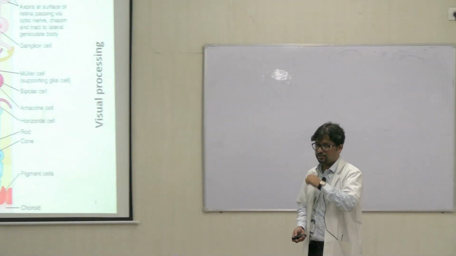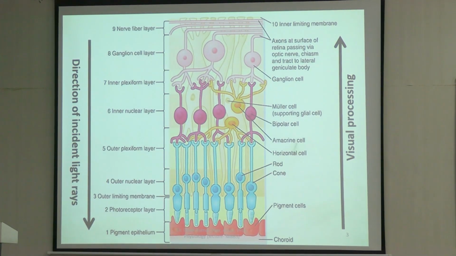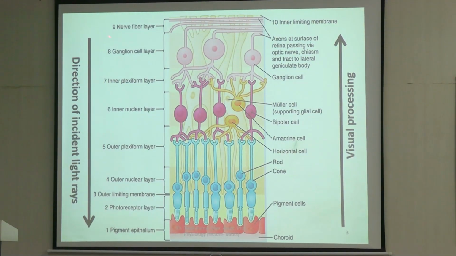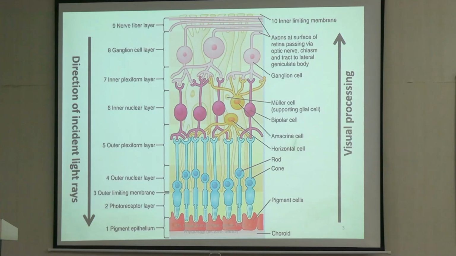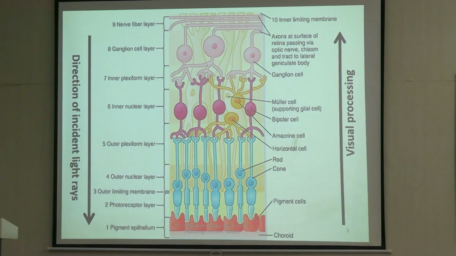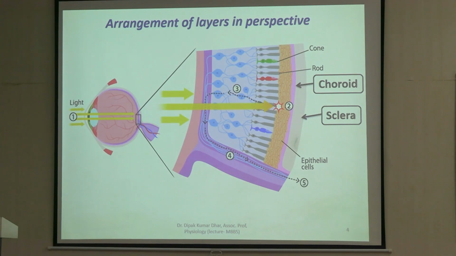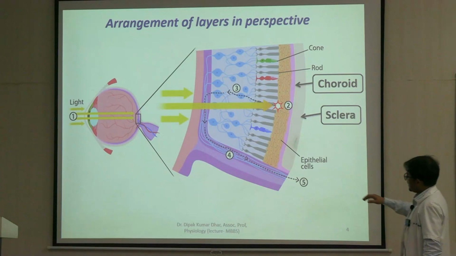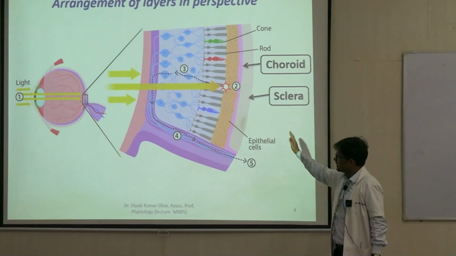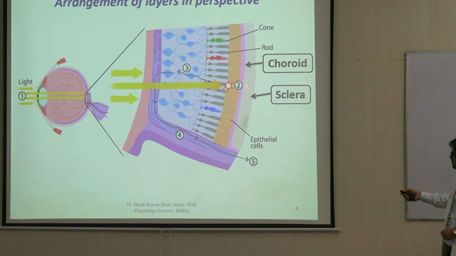Now this is the direction of light travelling, right? And this is the direction of signal processing, and clearly you can see that it is in opposite. So this is one thing that you have to understand, the perspective. Why is it that pigment epithelium is written at the last, at the bottom? Why? So to understand the actual arrangement of the layers, look very carefully, look at this picture. So this is the outermost coat, sclera, right? The layer just adjacent to the sclera is the vascular coat or uveal tissue, the one which you see in purple.